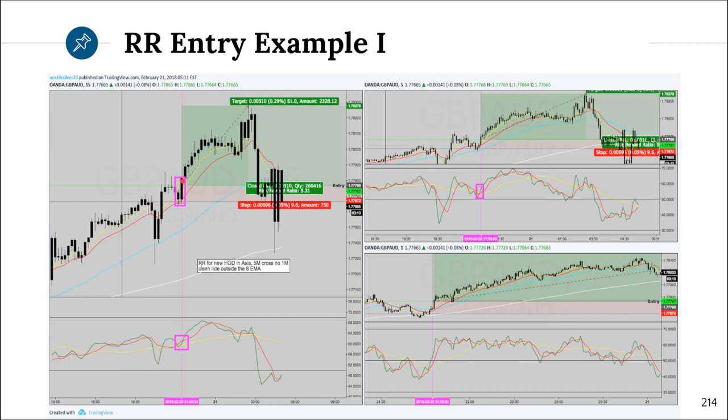Look at how, after your entry, it stays above the 8 EMA all the way up here. That's about 35 pips just from your entry. So just reading this chart and using the EMAs as support and resistance and using the candle formations to give you the entry signals, you can see you get the entry window open on the 15-minute. You get the sniper entry on the 5-minute. There is no 1-minute cross until later on, which confirms that the trade is going in the direction you want it to go